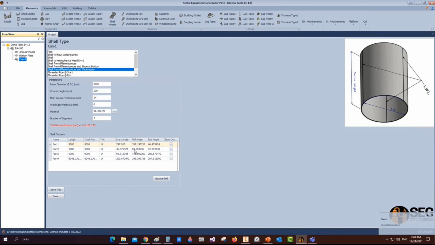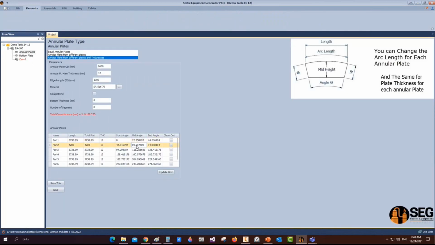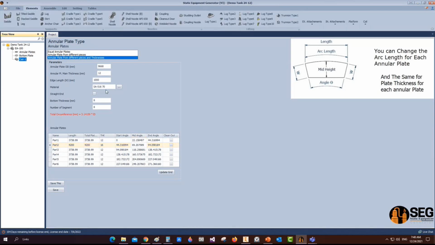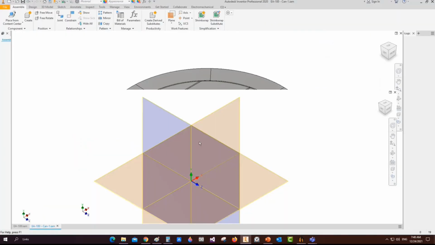This value actually I calculated to make the mid angle here for this one look like the angle here for this plate, because on this annular plate we will add a shell course over it, so we will need to make the mid angle look the same here. If we click on simply,